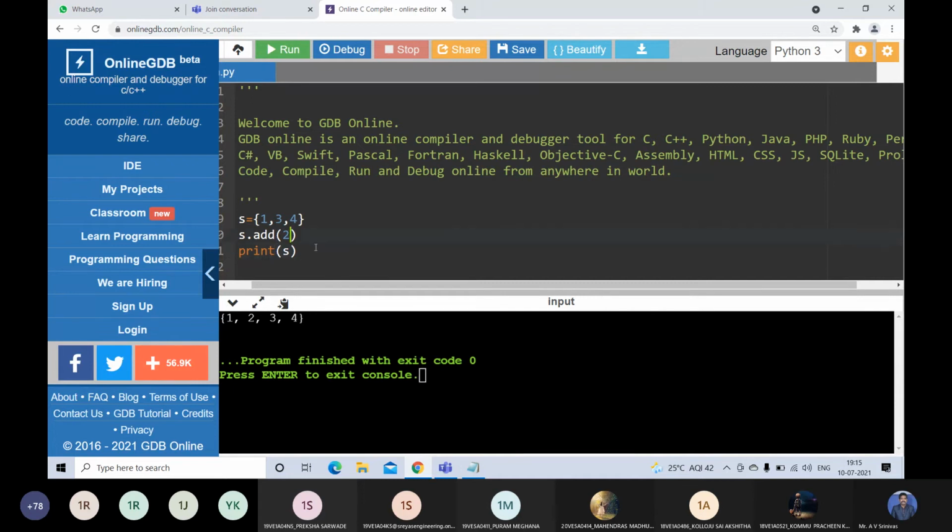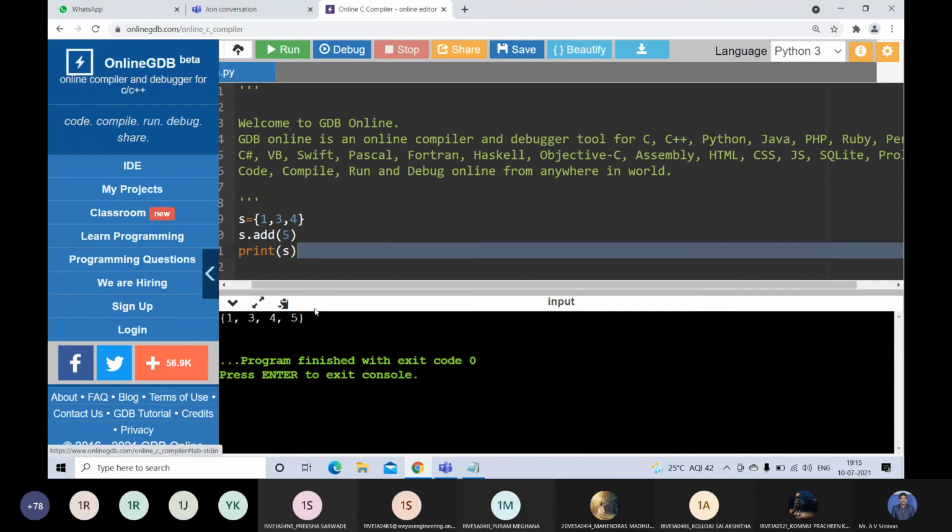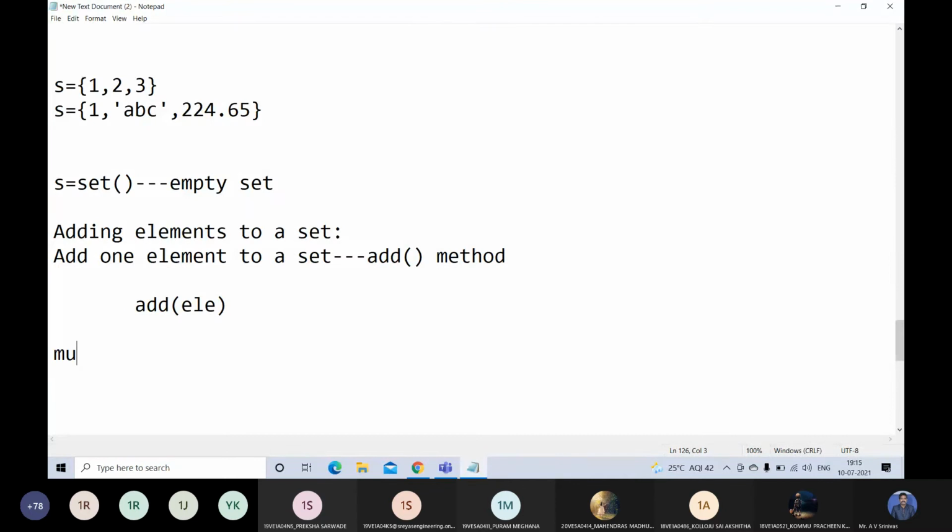If you want to add 5, you will get 1, 3, 4, 5. So if you want to add one element, you can add by using this add method. If you want to add multiple elements, then you have to use the update method.